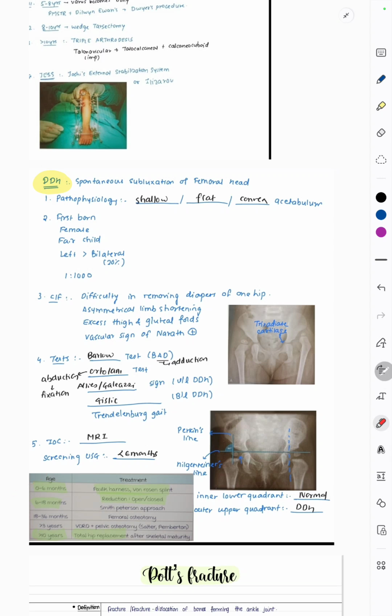If it's for 0 to 6 months, the Pavlik harness is used, or von Rosen splint. For 6 to 18 months, corrective osteotomies are done. For 18 to 30 months, again osteotomy. More than 3 years, pelvic osteotomy is done, and for more than 10 years, total hip replacement is advised